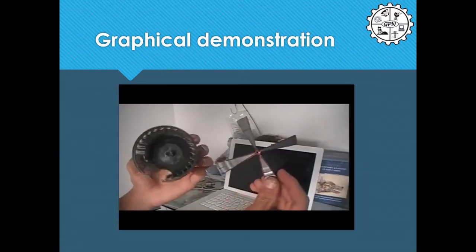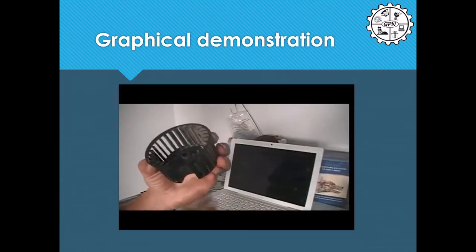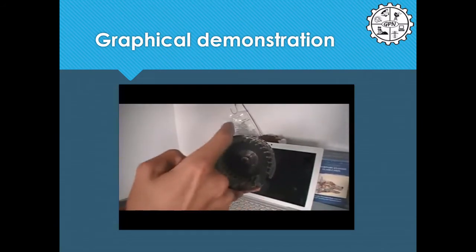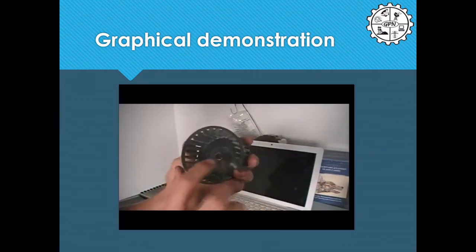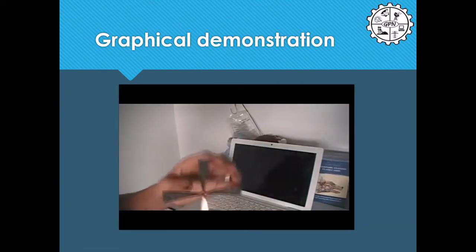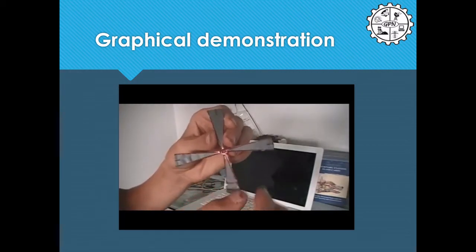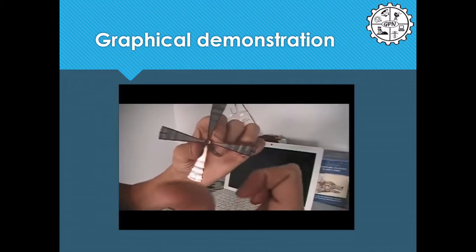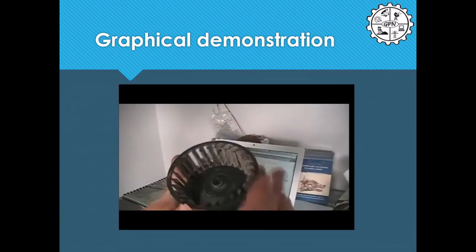Centrifugal fans differ from axial or bladed fans in that the airflow is going to be at a 90-degree or perpendicular to the armature, which is that. It's going to be coming this way, which is perpendicular. And an axial flow, it's going to be coming parallel to it. It's going to be coming this way. So that's pretty much it for centrifugal fans. They're really simple.